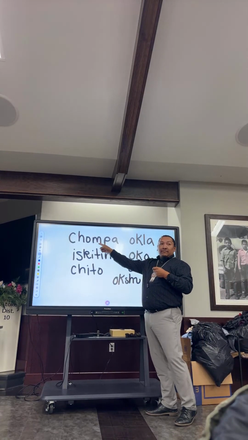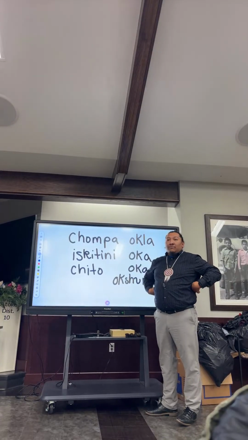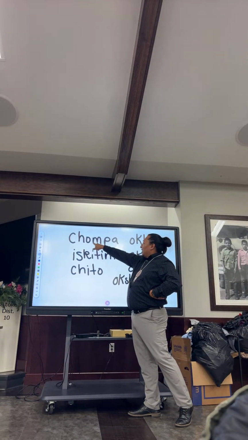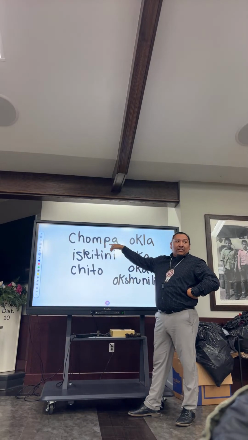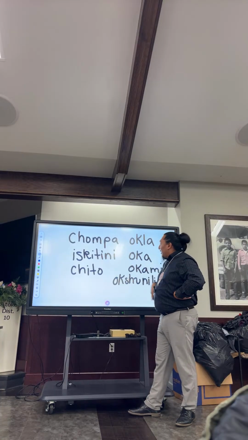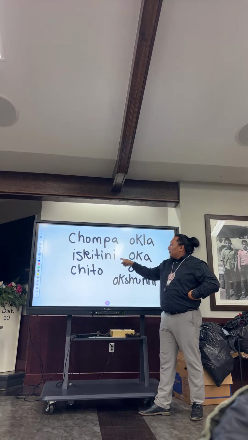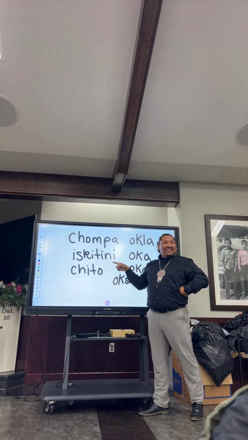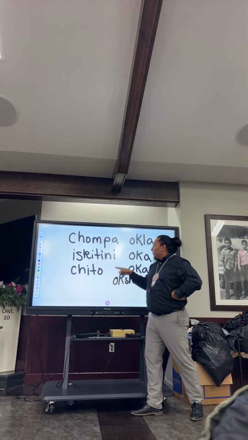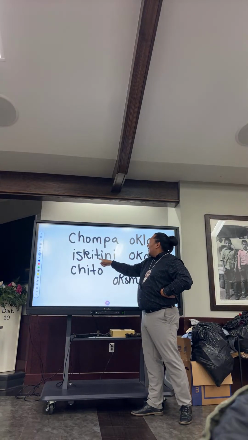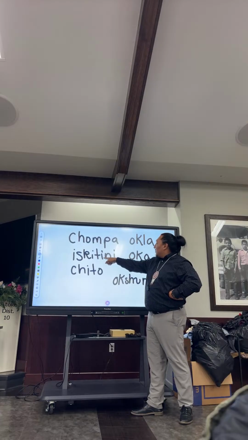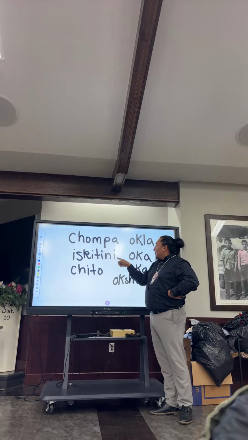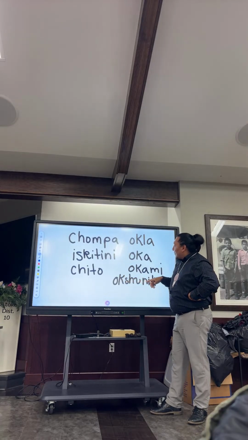What is that word? Chumpa. Chumpa. Since it's paired with an M, it does have a little bit of a nasal sound. Chumpa. Okay, what about this one? Say it again. Iskatini, yeah. Iskatini. This one is paired with the N. It's kind of a nasal also. Teeny, which it should be. I feel like it should be.